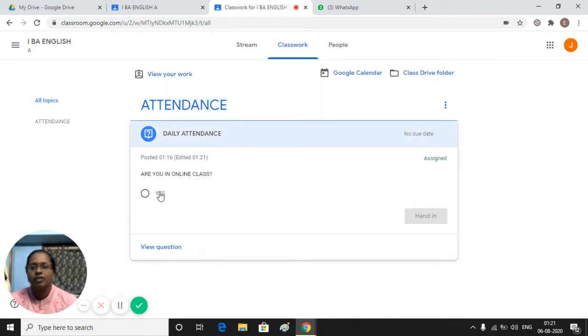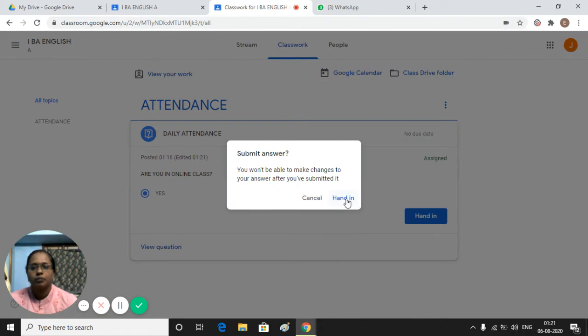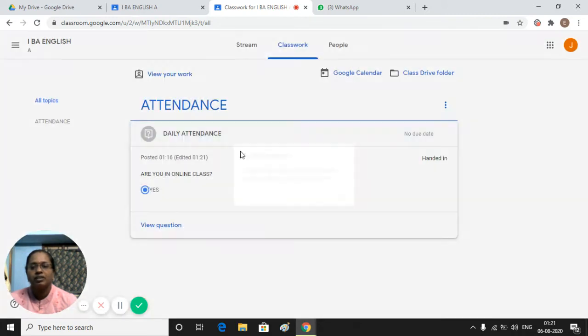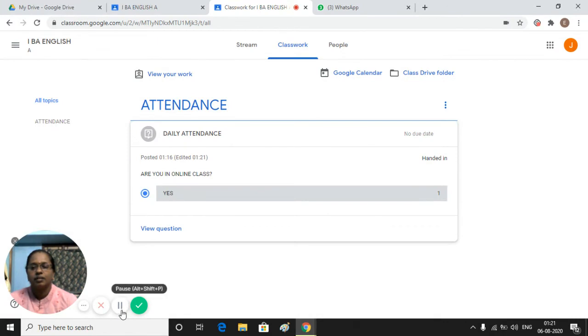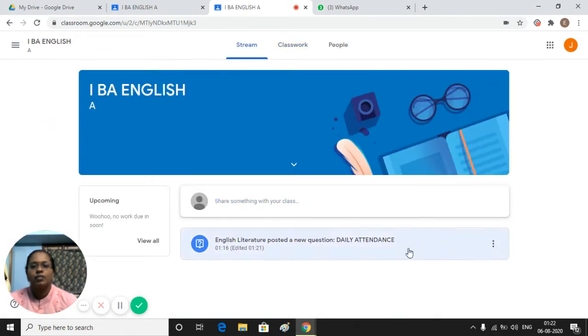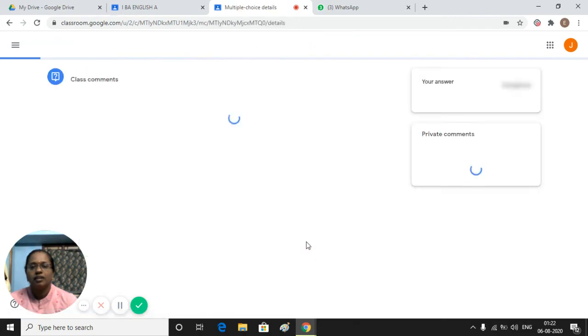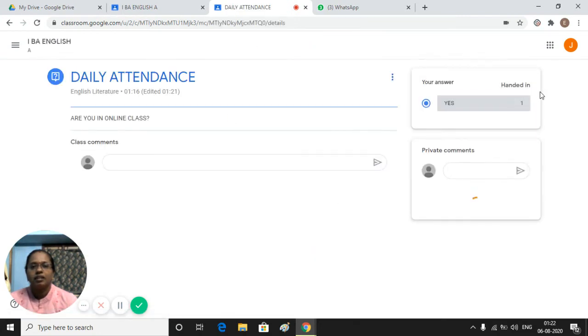They have to give yes, and after that hand in. Now the student submits their attendance. This is the viewpoint of the student. Now the student has assigned attendance and handed in.